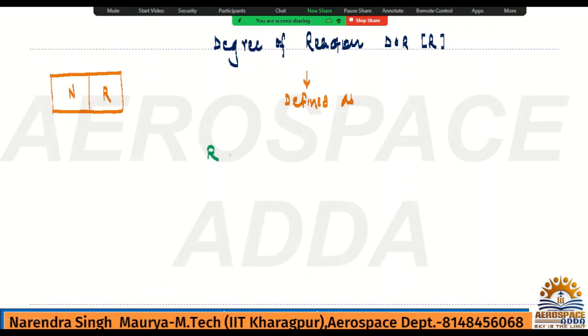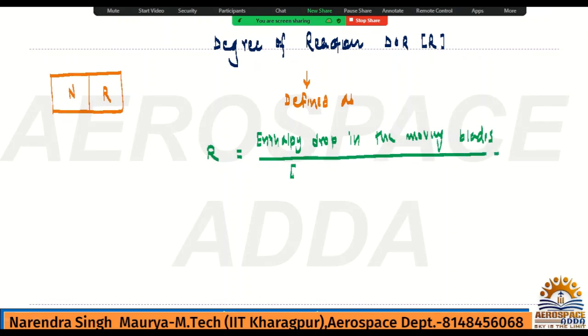So it is defined as R is equal to enthalpy drop in moving blades. So what is the moving blades? It's a rotor. Okay, so I can write here: enthalpy drop in moving blades divided by enthalpy drop in the stage. All right, so basically it will show